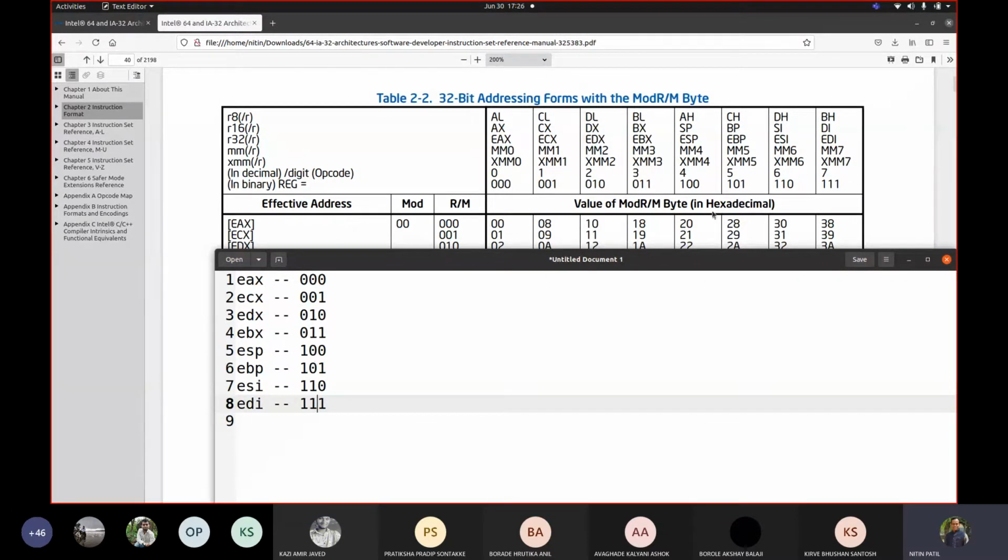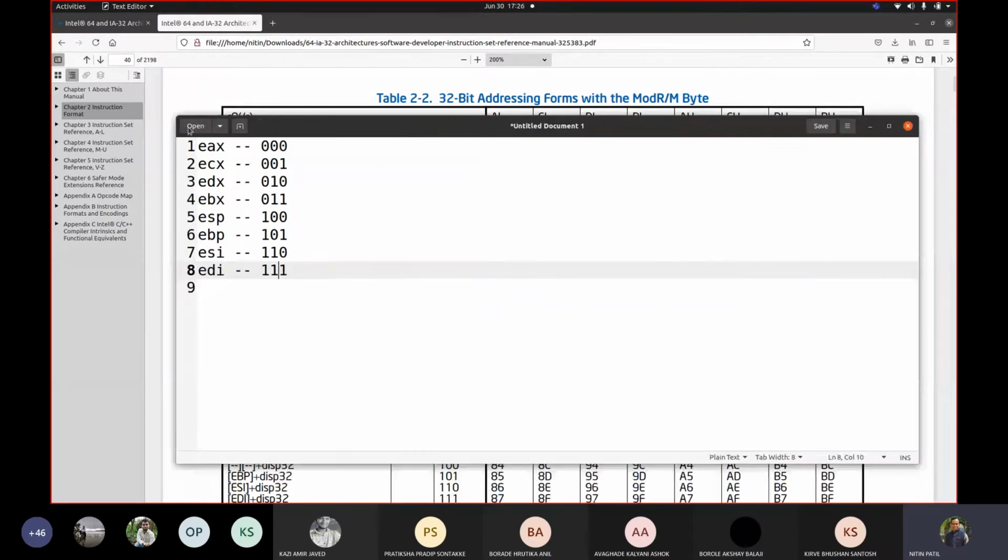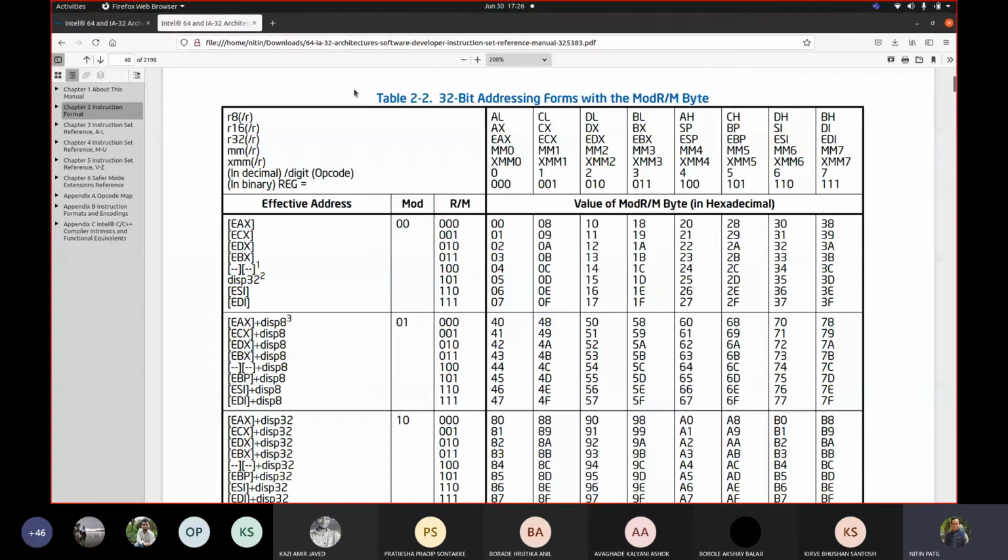ESI 110. EDI 111. OK, so these are your register numbers. These are the numbers by which your registers are identified. So remember this page number 40. You can note it down from the PDF file because you will be referring to this a hundred times from now onwards, because we will be using these numbers too.